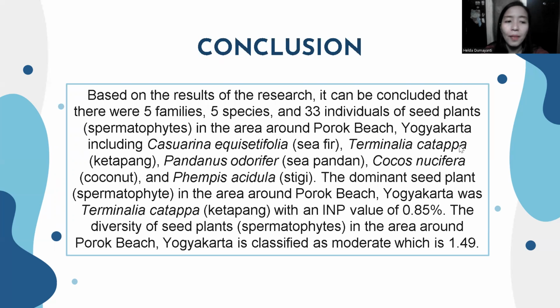The dominant seed plant, spermatophyte, in the area around Porok Beach, Yogyakarta was Terminalia catappa or ketapang with an INP value of 0.85%. The diversity of seed plants or spermatophytes in the area around Porok Beach, Yogyakarta is classified as moderate, which is